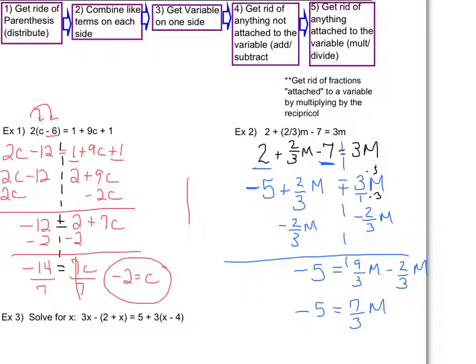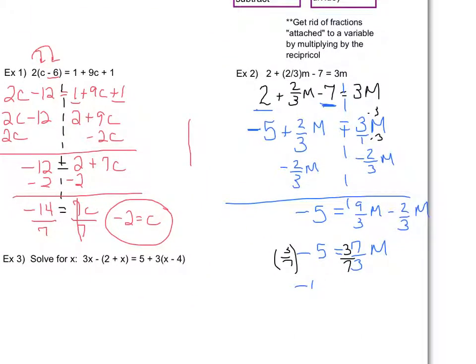So now I'm going to draw the attention to this piece here. If I have fractions "attached", and you put attached in quotation marks because it's when the fractions are multiplying by a variable, I'm going to multiply by the reciprocal. So I'm going to multiply by 3/7 to get rid of them. I'm going to do that because using that reduce first method, my 3's and my 7's reduce and I will have just m. I have to do the same thing to the other side, so I'm going to multiply this side by 3/7 as well, giving me a final answer